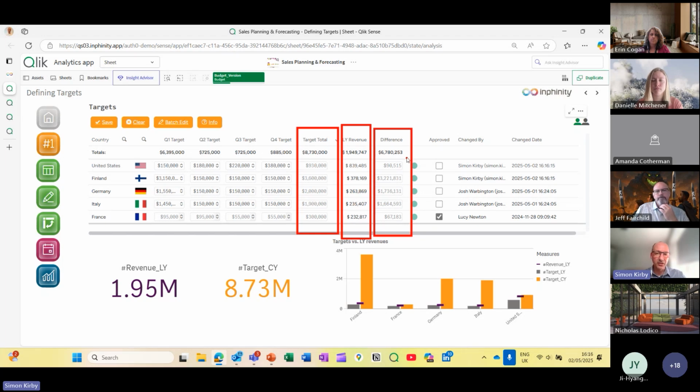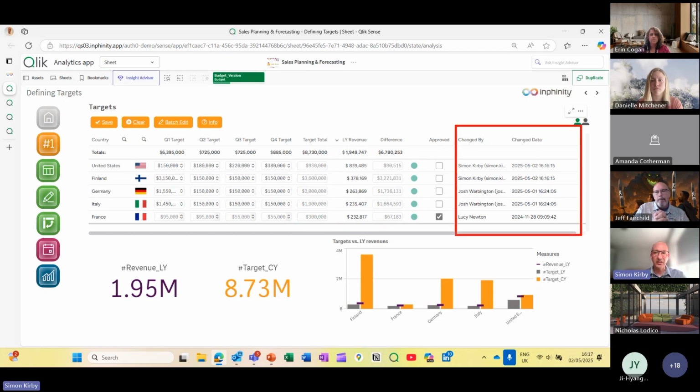All right. So exactly as you said, that's completely customizable. You can do whatever you want. The nice thing as well is that everything that gets entered is automatically logged. So whoever makes that change, we capture who did it and we capture the date and time that happened. All right. So any questions, Jeff, before I dive in? I know we've got everyone else muted for a moment, but any questions before we move on?